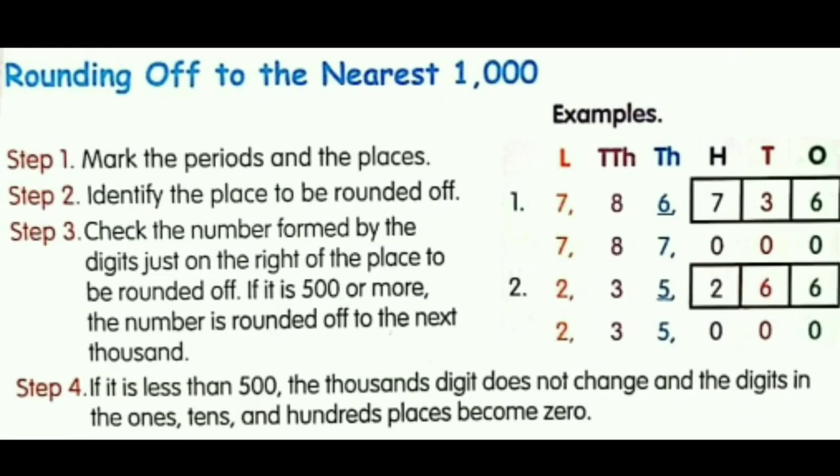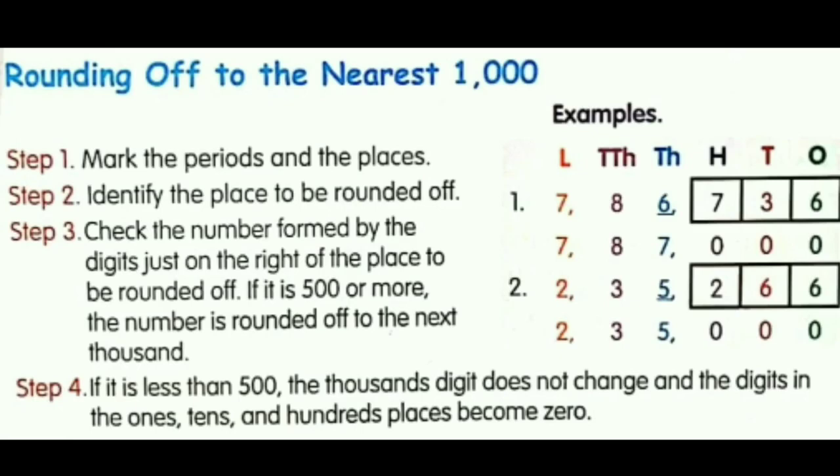The digits here are 786,736. So if we identify the place to be rounded off, it is the 6 that is written on the 1000 place. So we need to look at the right side of the 6, that is at the 100, tens and ones position. Now at the 100, tens and ones position there is 736. So obviously 736 is more than 500. Since it is more than 500, what do we need to do? The 1000 place will be rounded off to the next 1000. It means that you just need to add 1 to the 6 and you will get 7, and the 100, tens and ones place will become 0. So the round off of 786,736 will be